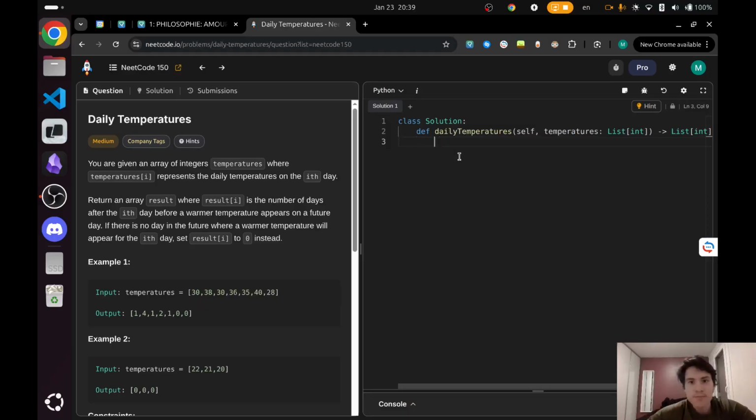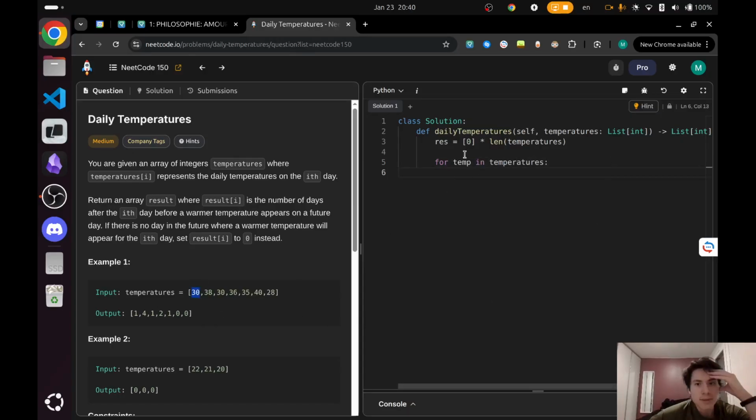The way I think about it is, the first thing, we're gonna initialize this array of results, which is gonna be pure zeros, right? And then we say for temp in temperatures,